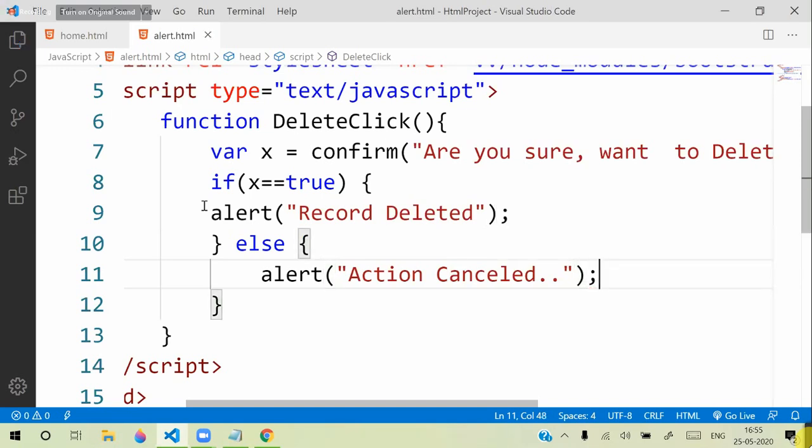That means directly using a confirm box will not make any sense, because even though you are using a confirm box, the OK and cancel buttons are present, but they don't have functionality defined. You have to write the functionality like this. On OK click, it returns true. So on true, what should happen? On false, what should happen? Actually, we are just displaying alerts. Later, we can do a lot of activities. As of now, I will save this